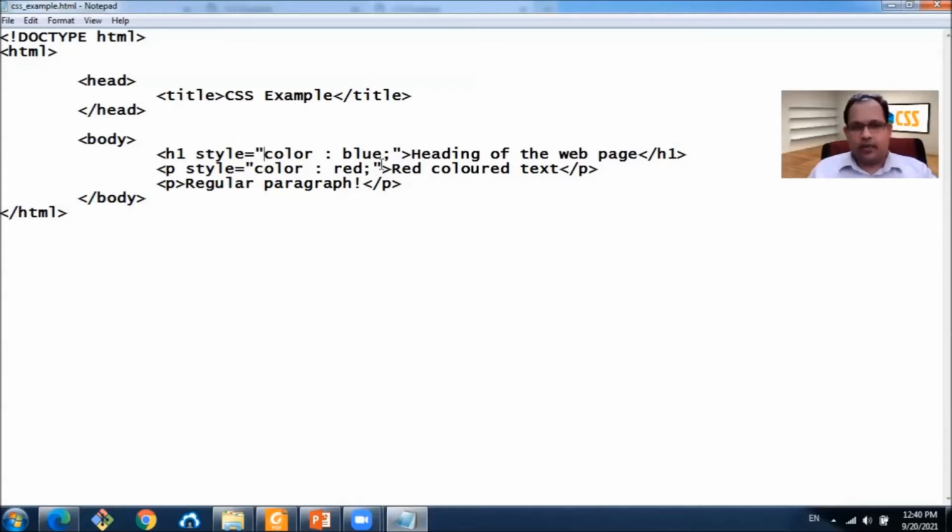And within these quotes, the property that we want to change, followed by a colon, and the value we want to apply, followed by the semicolon, should be there.